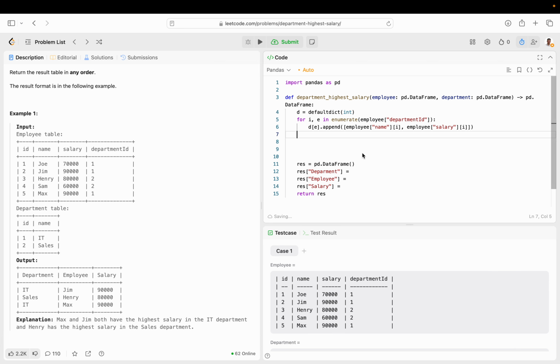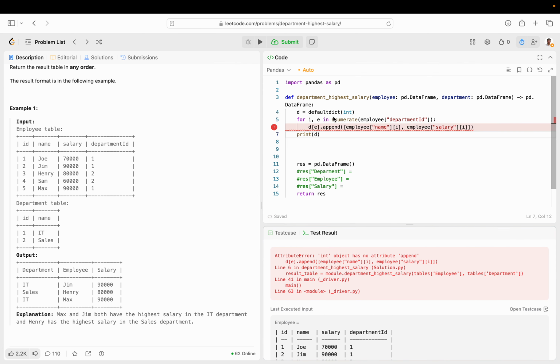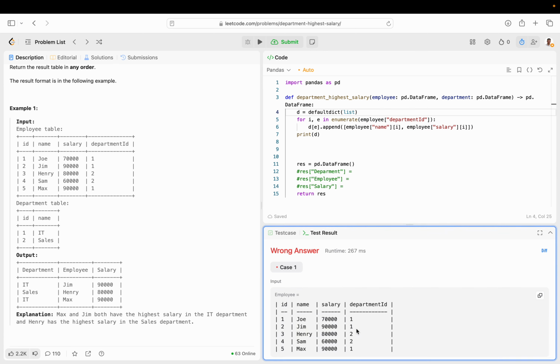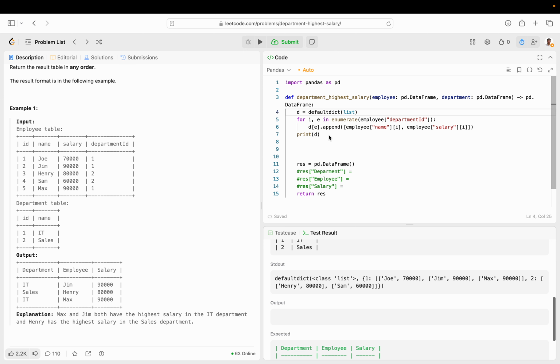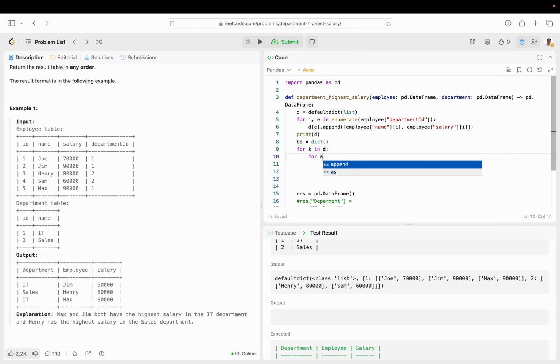Okay, so now if we print our dictionary, we have everything for each department. Let's type list. Okay, cool. So now we have to find the biggest salary in each department. So let's call this BD. That's going to hold, for example, for 1, it's going to hold 90,000. We're just going to find everything that has 90,000. So for k and d, for a in d[k],